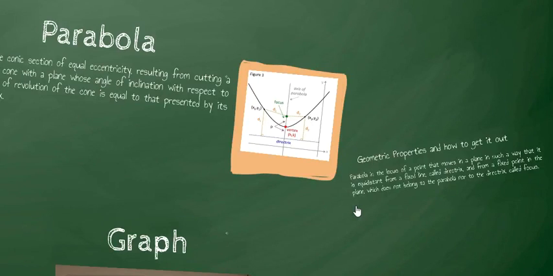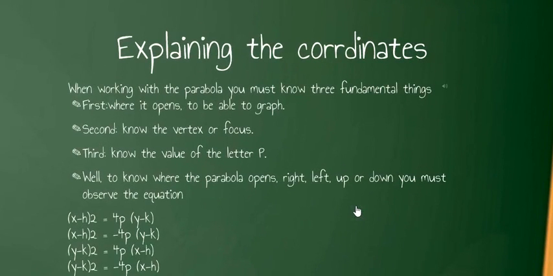How to know where the parabola opens? When working with a parabola, you must know three fundamental things. First, where it opens, to be able to graph it. Second, know the vertex and the focus. Third, know the value of the letter p. Well,